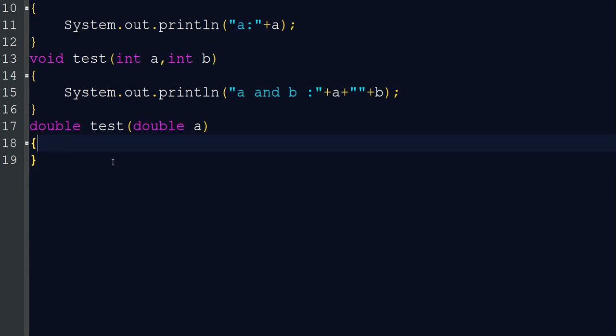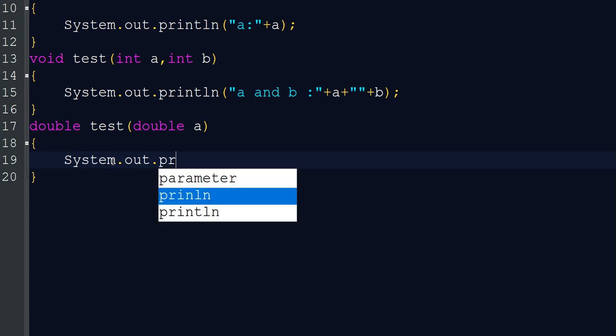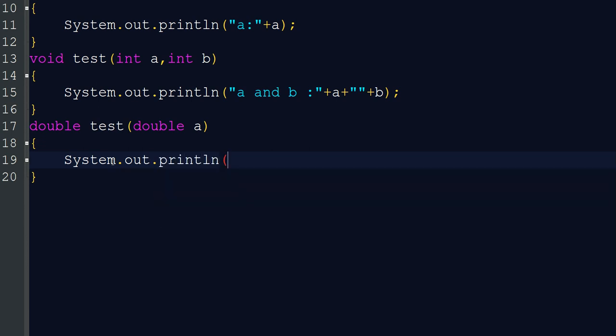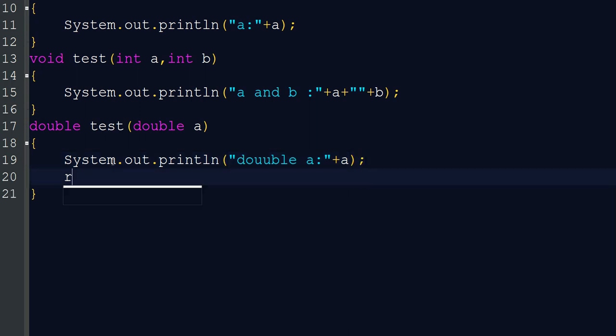Okay, here we are just printing the value, System.out.println, double a. We are printing the value of a, and also we are returning that a square, like a star a.